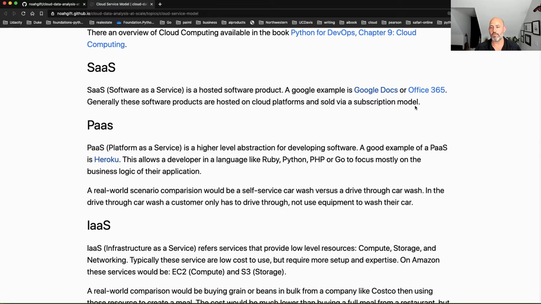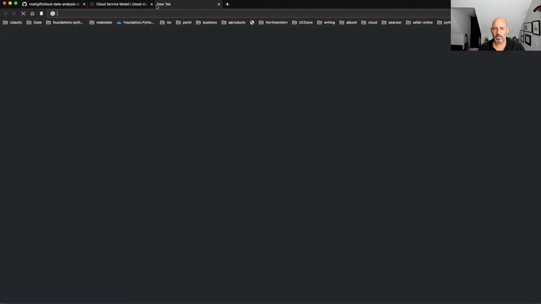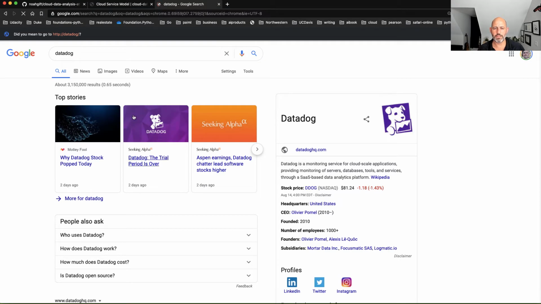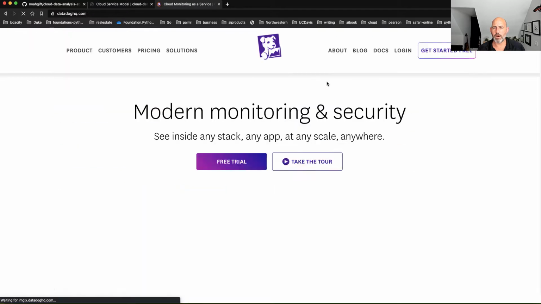This is really helpful when you're building a company. In my experience in the Bay Area building companies, most companies will decide to use a lot of software as a service products. In fact, one of the hot companies right now in that space is a company called Datadog, which does monitoring around software. It basically has a bunch of tools where, in fact, let's just look at this real quick. This is one of the hottest companies right now in cloud monitoring as a service.